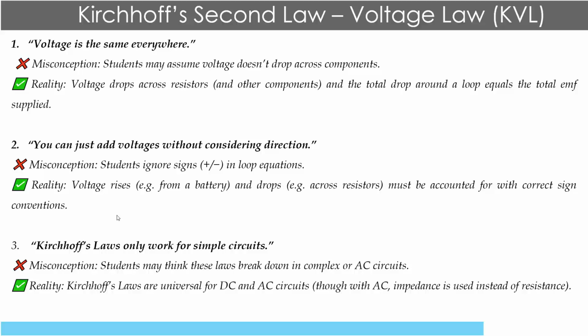Then when we have the voltage, the current from the battery coming across a resistor, we have what we call a voltage drop across that resistor. So that's what happens when we are doing calculations. So we have to consider the direction of the voltage, and then we also like to debunk the fact that